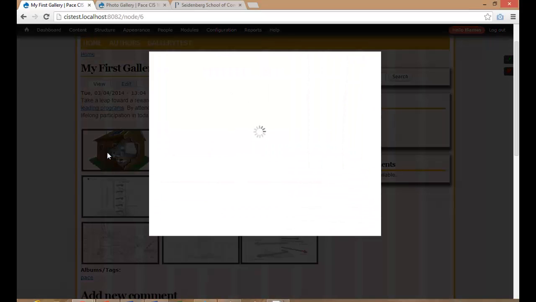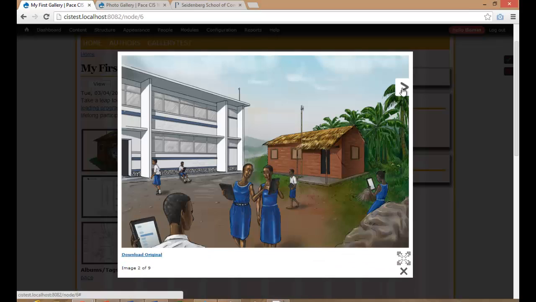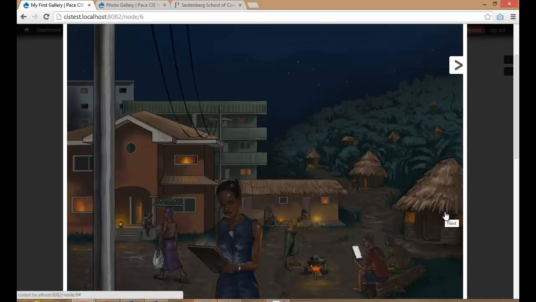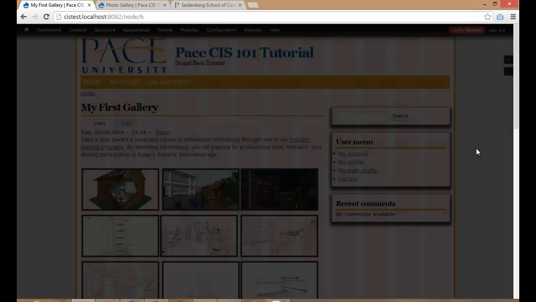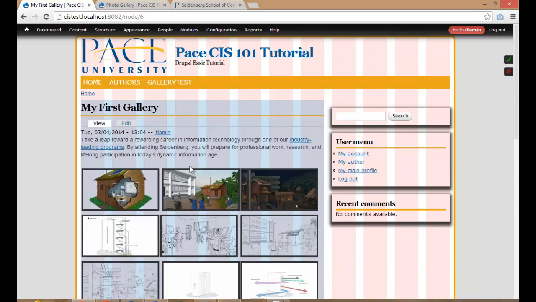If I click on each one of these images, I get a light box, and I can move this light box. If I want to show this full page, I can click here and show a much larger image, and I can click outside to disable the light box. So we've created the content type, we've created a sample node. Now